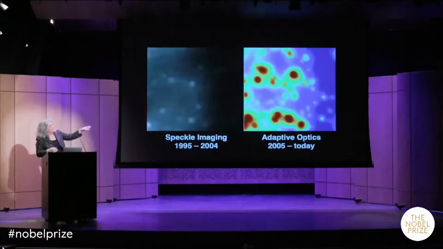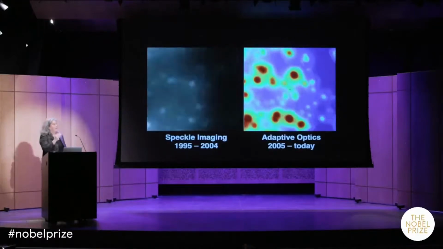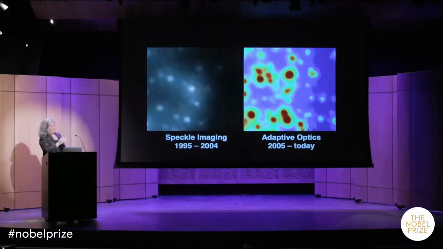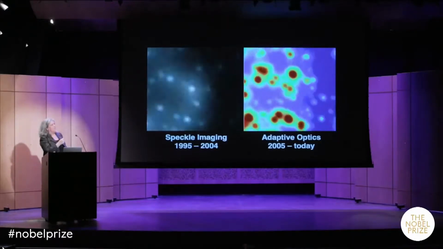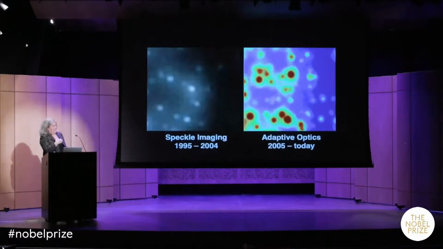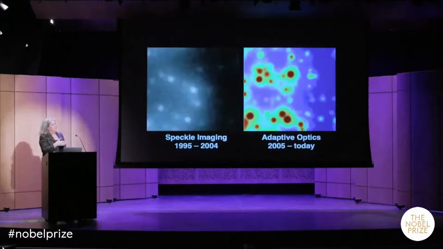Now, the next 10 years of adaptive optics made the observations much more powerful. Now we can take measurements, images that are much deeper, so you can see far more stars. You can position these stars far more accurately. And you can take images at a number of different wavelengths, and you can take spectra for the first time.